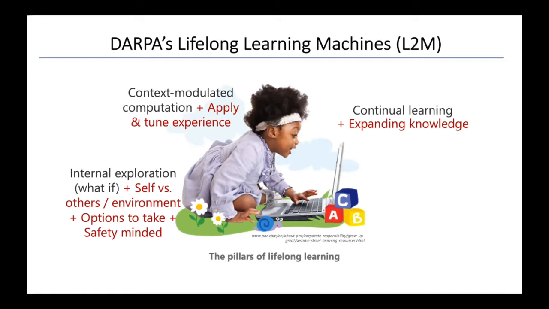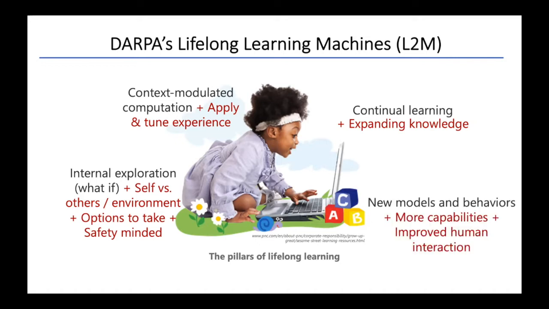The next one is context modulated computation. So let's say we learn to drive a car and bicycle and something else. And now there is another thing on wheels, and I want to use the previous knowledge to already ease me into that. I want to modulate information that I have to a different context so that I can get in a better way in. And the last thing is that we really want to get from all that new capabilities, new models,